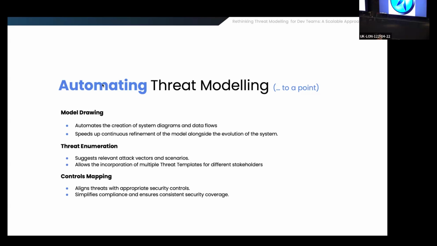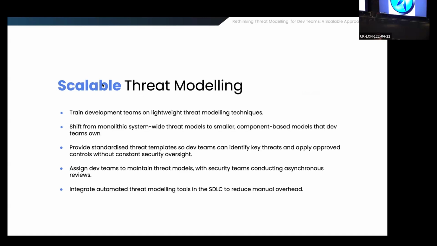We can also automate threat enumeration by selecting threat templates, depending on the context, and then mapping the corresponding controls. This allows us to standardize both threat enumeration and controls within our organization, focusing on the most important risks and helping to ensure compliance. To conclude, to set up a scalable threat modeling process, we need to start by developing